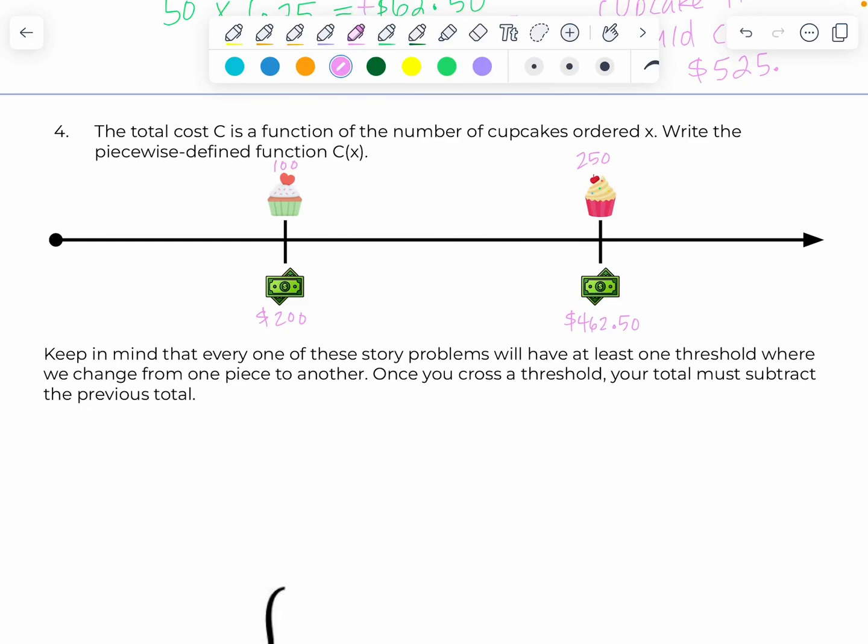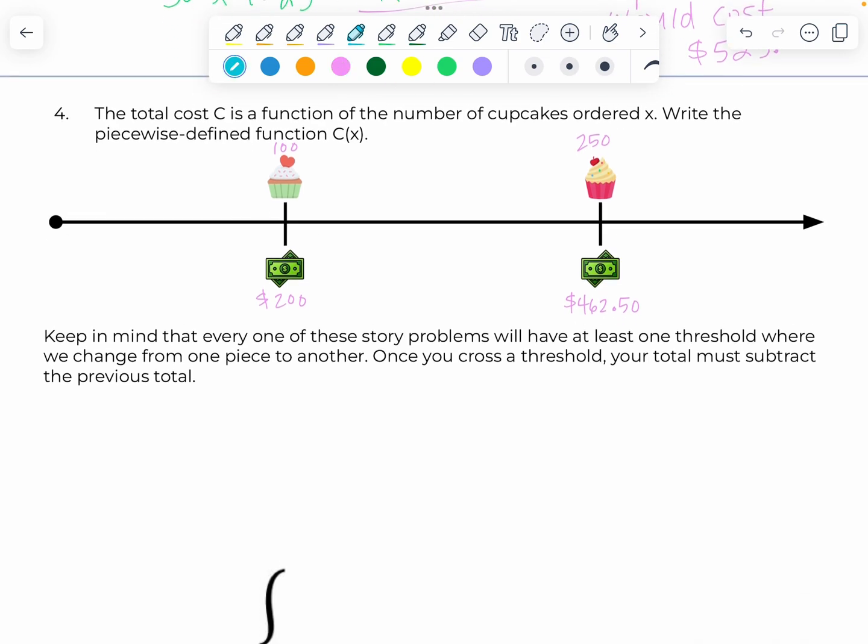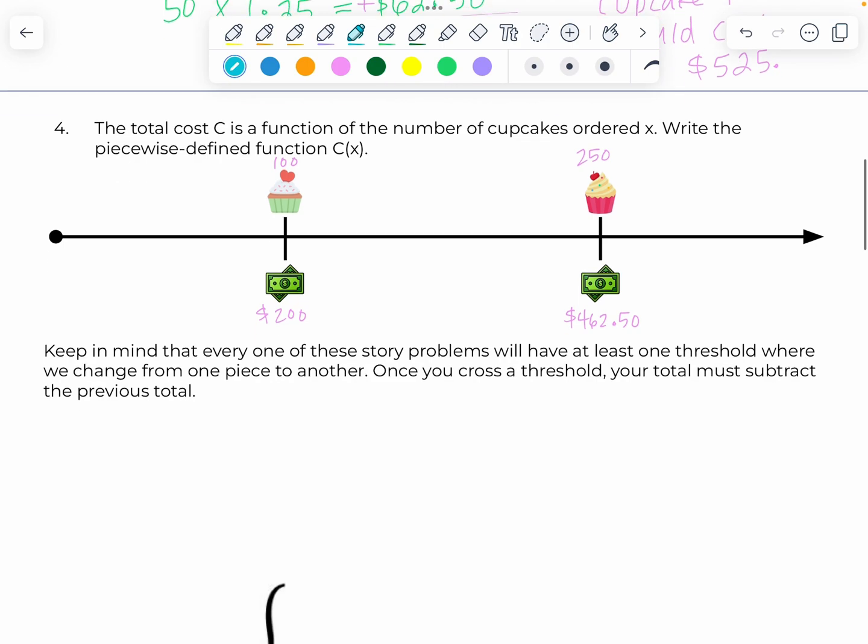Now that we've worked a little bit with the problem in finding some values, we're going to try to come up with a piecewise function that can represent the whole scenario, to where we can just plug in our X value, which is the number of cupcakes, to determine what the total cost is. We don't have to do it section by section. So if we're defining X as the number of cupcakes, so X equals number of cupcakes purchased,